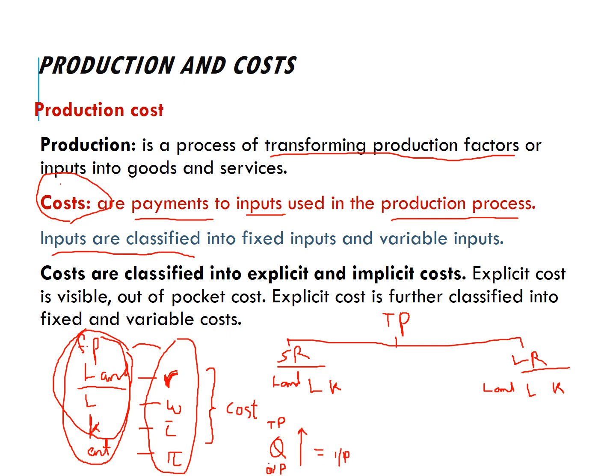So what is your input? This one, land, labor, capital. So let's say today you receive an order from your customer to buy maybe tomorrow double or triple your original production size. So you have to increase your quantity of production or total production. So what happened? Because you have a shorter time period, maybe tomorrow, maybe in a week, in the short time period, maybe you don't have enough time to increase the number of land. You don't have enough time to increase the capital, the machineries, the building that you have,